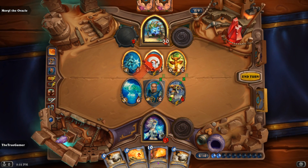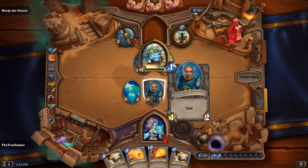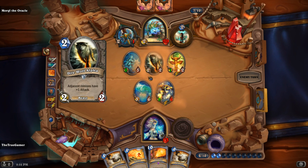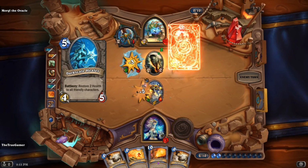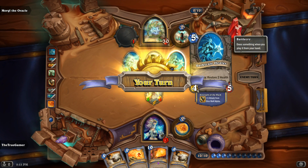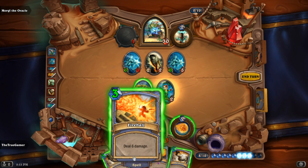So I want to take this guy out this turn. He's probably going to attack my taunt minion here. Yeah, take 1 damage. That's fine. Take that. +1 attack. Ooh, that's not good. No, he can hit me quite hard. Okay, now he's frozen. Someday I'll be just like you. Unless...